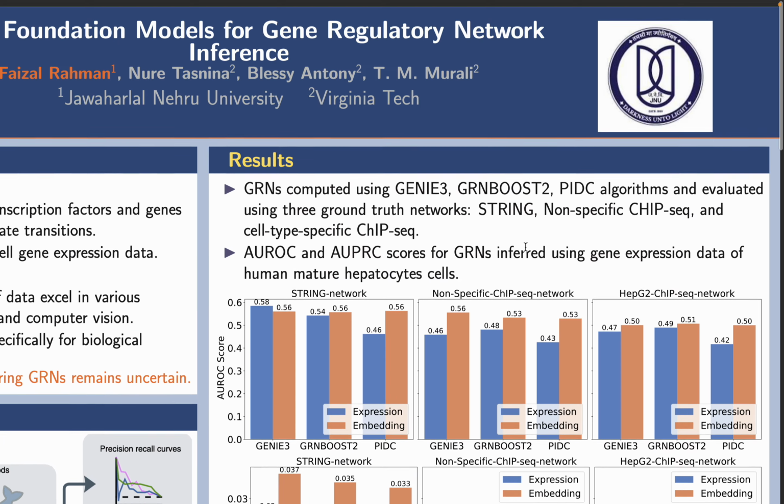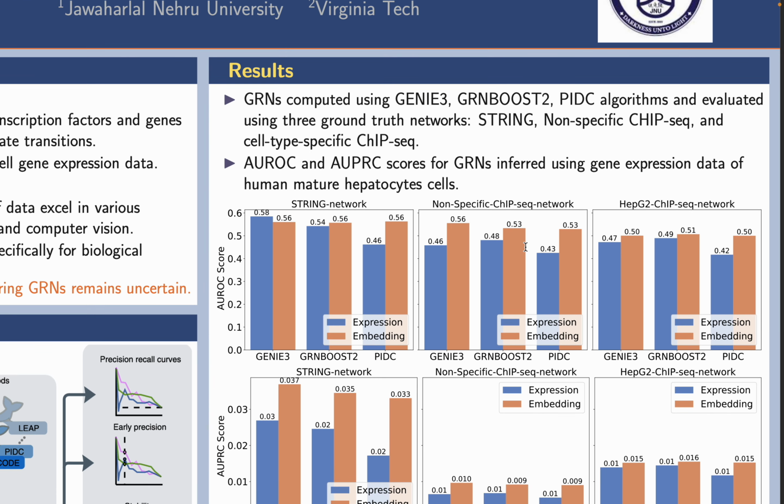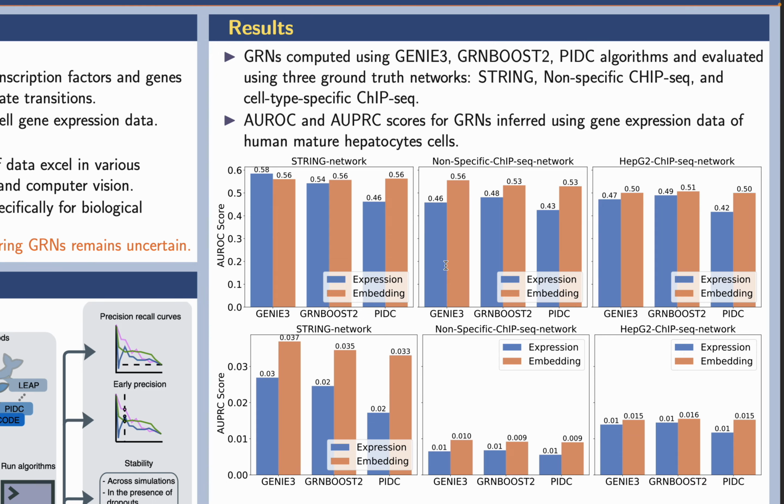So far, the evaluation was done using two metrics: AUROC, that is area under receiver operating characteristic curve, and AUPRC, area under precision recall curve. The AUROC and AUPRC scores were calculated for the GRNs inferred using gene expression data from human mature hepatocyte cells. This provides a measure of how well the inferred GRNs capture the known regulatory relationships in this specific